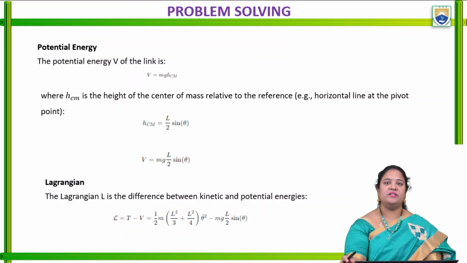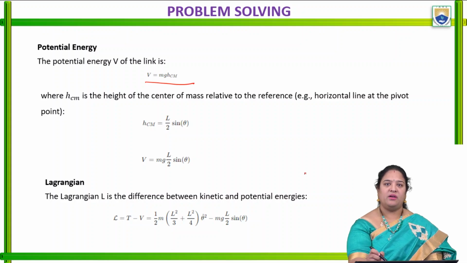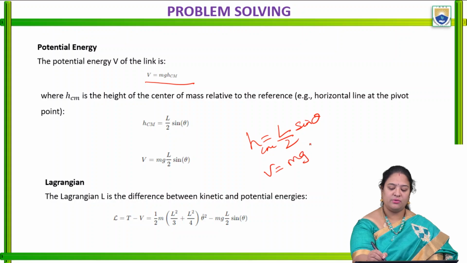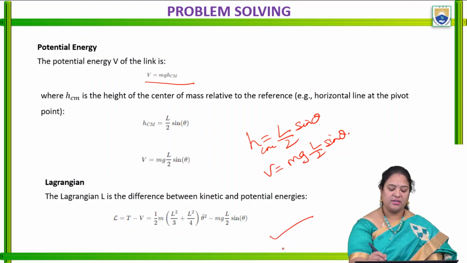For the potential energy, we write V equals mgh, where h is the height of the center of mass. We write h as L/2 sin θ, so V equals mg L/2 sin θ. Whereas when we consider the Lagrangian, L equals T minus V, and we already have